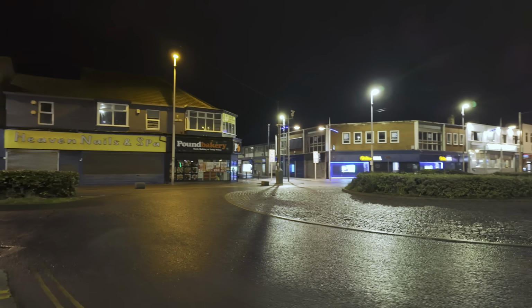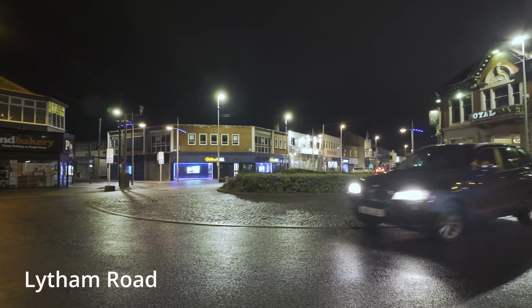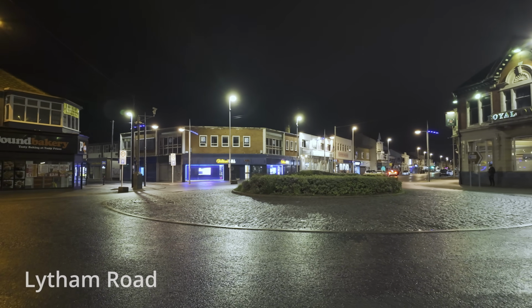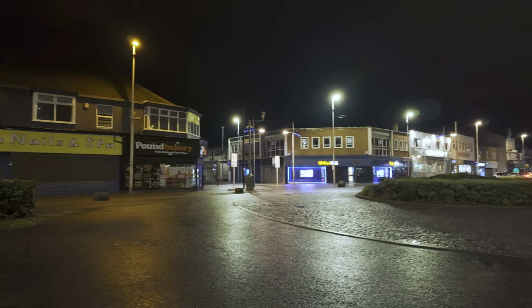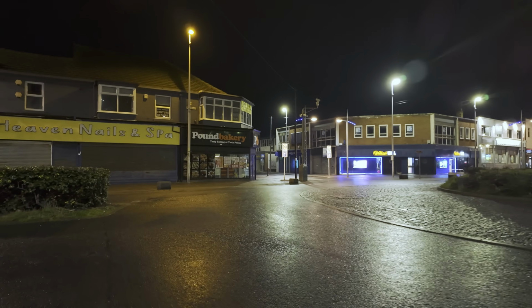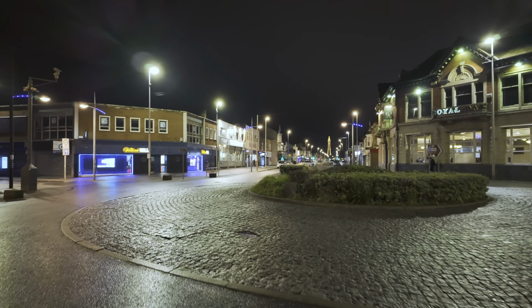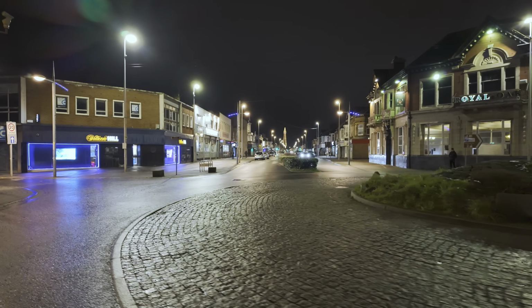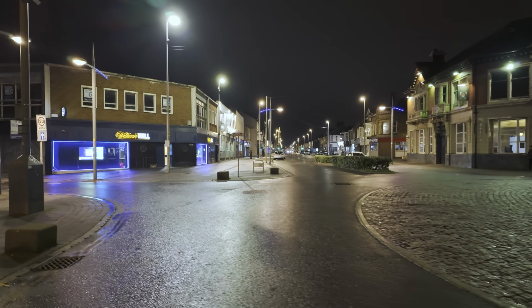But this is a roundabout. Now this part of town, it has had a bit of money spent on it, not as much as the town centre. It's always been secondary to the town centre, you know. And it has kind of suffered a little bit. So if we look down this way, we can see, straight down Ludden Road, you can see the tower in the distance. It's like a beacon of hope, looking down. So we're looking north towards